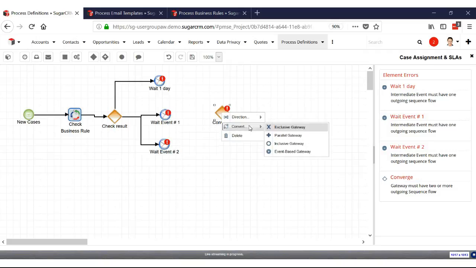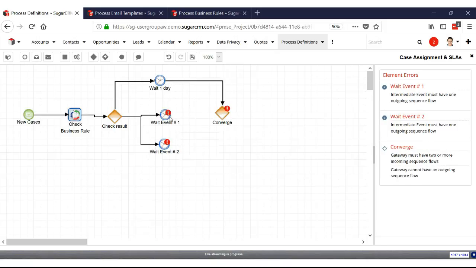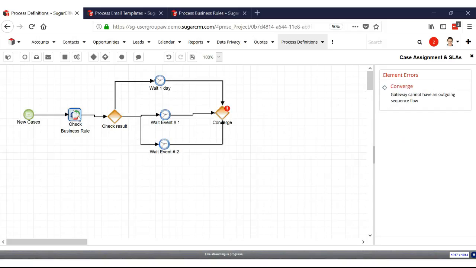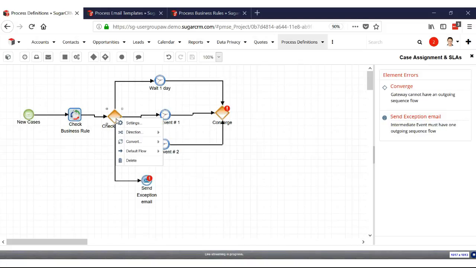And this is also where I would add in that exception element to my process. If my business rule doesn't return 1, 2, or 3, then something is wrong. It did not get the results that I was expecting because every single thing in my business rule was supposed to return 1, 2, or 3. So if I do want to have that exception monitoring, this is where I'd send my exception email. And what I would do is I would make that my default action. If none of my conditions are true, it doesn't equal 1, it doesn't equal 2, it doesn't equal 3, then